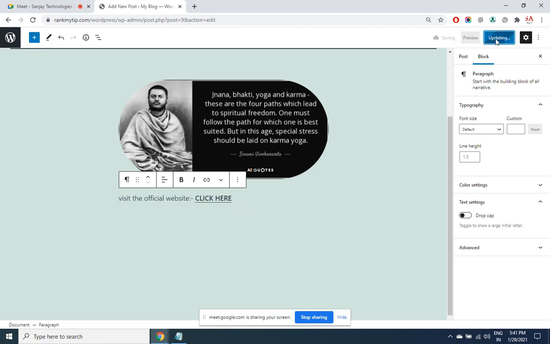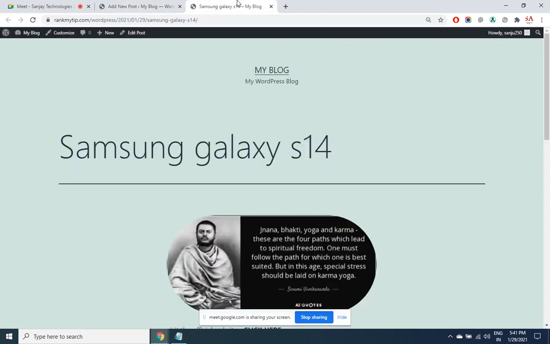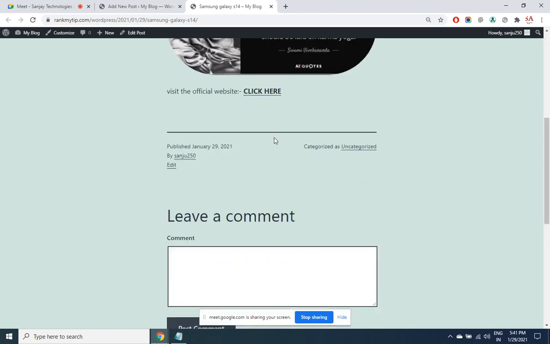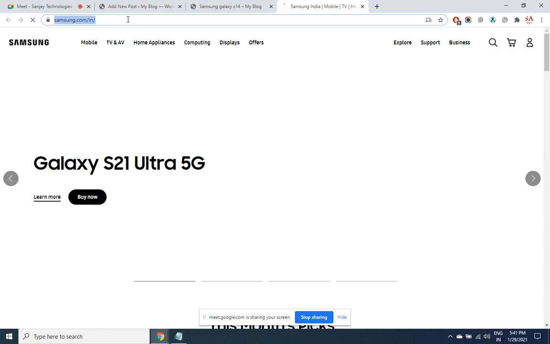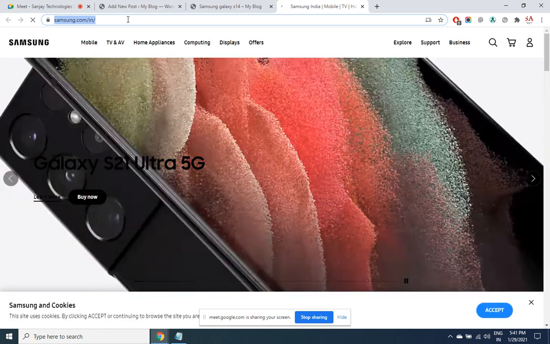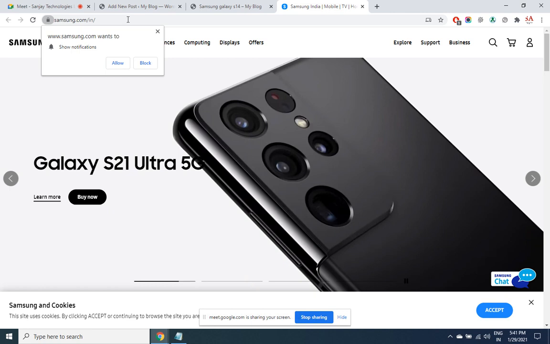I click on update. Now when I click on the link, samsung.com should open up in a new window. This is the way the image, video and the link would work.